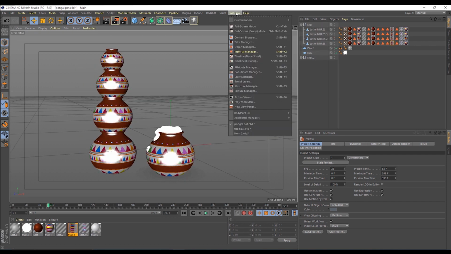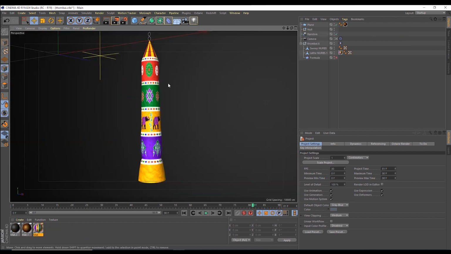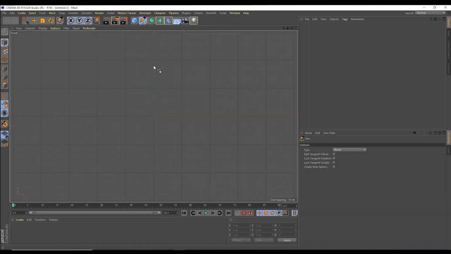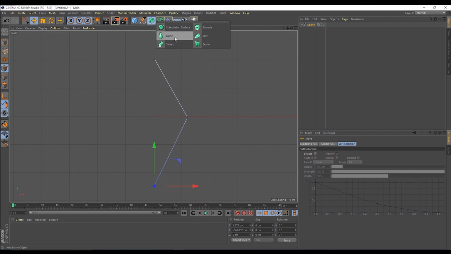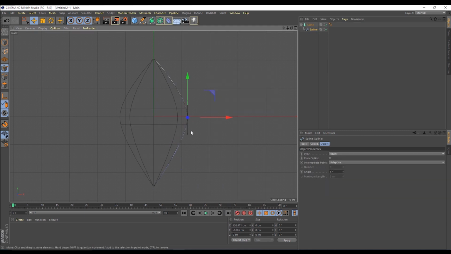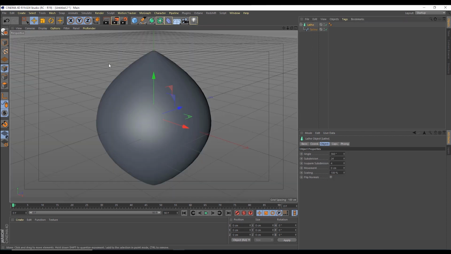All these models are made using lathe. Next, using this lathe, we are going to create a different shape, that is a cone shape. I am simply creating a semicircle using a spline, or an arc shape.